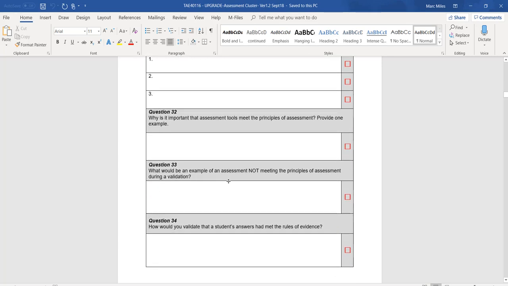Why is it important that assessment tools meet the principles of assessment? Provide 1 example. As we've talked about, the principles of assessment are valid, flexible, reliable, and fair. So what I suggest you do in order to answer this question is to provide the counter